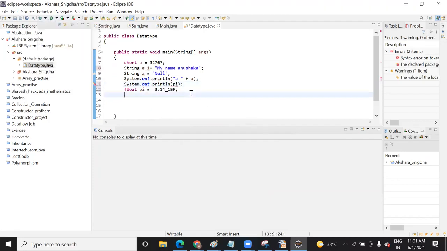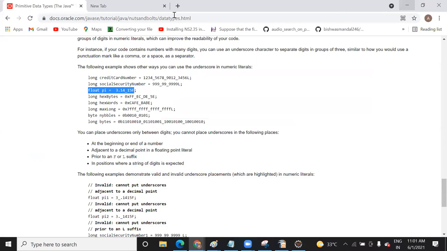See, 3.14, why is it so? Because when you divide 22 by 7, you will get 3.1414, a non-terminating value. It will be the same digits repeating, so you will take either 14 or 15. In that way, it is the same. Suppose when you divide 22 by 7, you will get the same digits. Okay, let me show you.